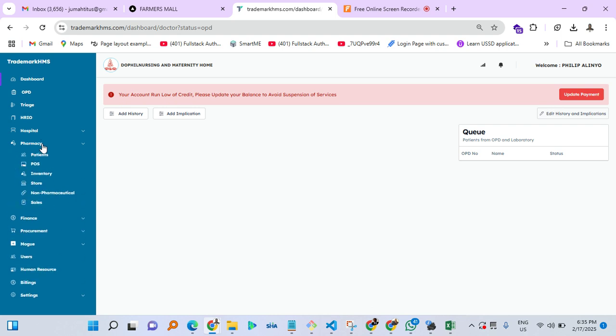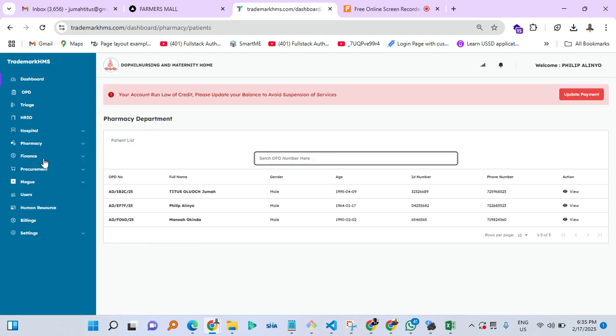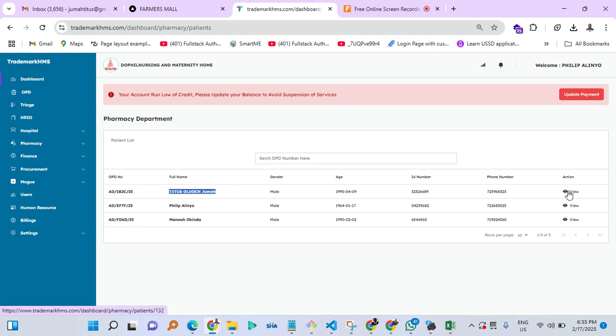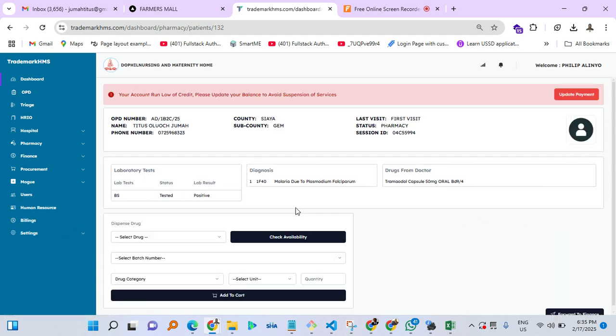At the pharmacy, the pharmacist will have this module here that includes patients, point of sale, inventory, store, pharmaceuticals and sales. So here, for the sake of the patient, you will click on patient. And you will see that the topmost patient is the most recent sent patient. So you will just view and see what the doctor has written. So you will be able to see the lab result. Oh, he was tested BS, it was positive. The doctor has diagnosed the patient with malaria, and these are the drugs that the doctor requested to be